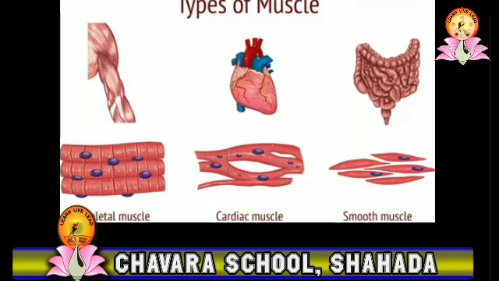The last type is cardiac muscles. Cardiac muscles are also involuntary, but they are of a different kind. The cells here are striated and comparatively short compared to striated and unstriated muscles. Unlike other muscles, cardiac muscles are branched. Usually these muscles are found only in the wall of the heart. These muscles continuously contract and relax without any kind of external stimulation and never get tired in a person's lifetime.